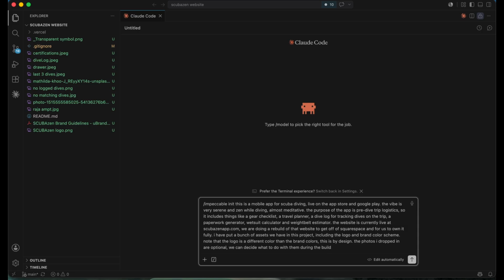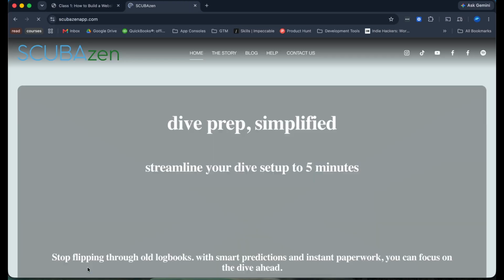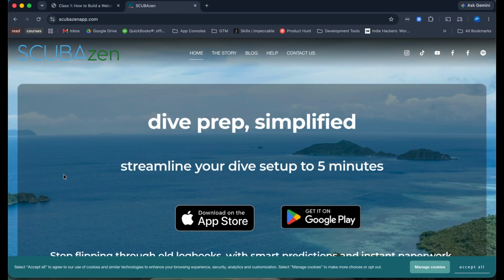One thing I highlighted for it to know, which was good context, is that the website is currently live at scubazanapp.com, and we're doing a rebuild of that website. We want to own it completely. I originally built it on Squarespace and got stuck in a lot of the Squarespace templates. Quite frankly, doing it this way, we can build something a lot more beautiful, and we'll be able to own everything end to end.